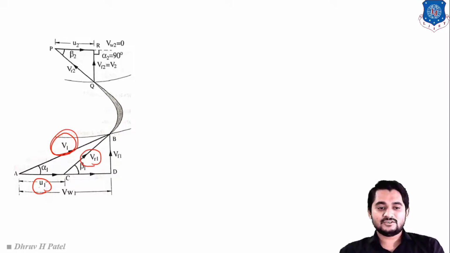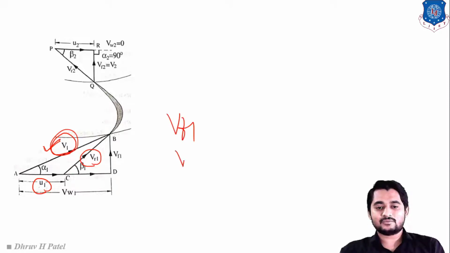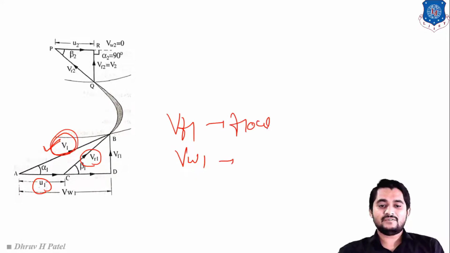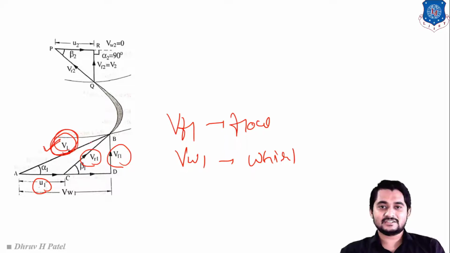So V1 after U1. Then we will draw relative velocity VR1. So in this triangle U1, VR1 and V1, the resultant vector is V1, right? Now there will be two components of the main velocity V1. The first component will be Vf1 and the second component will be Vw1. Vf1 is called flow velocity and Vw1 is called whirl velocity. Clear, students? The first component will be Vf1 in the vertical direction because V1 is in a slanted direction, and the horizontal component will be Vw1. Clear, students? So this is a simple inlet velocity triangle as usual.